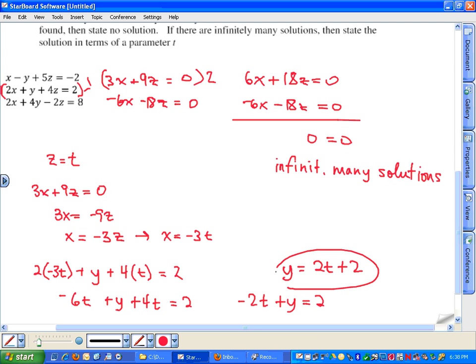So now we have our value of y. Here we have our value of x. Here we have our value of z. So in an ordered triple, x comes first, y comes second,